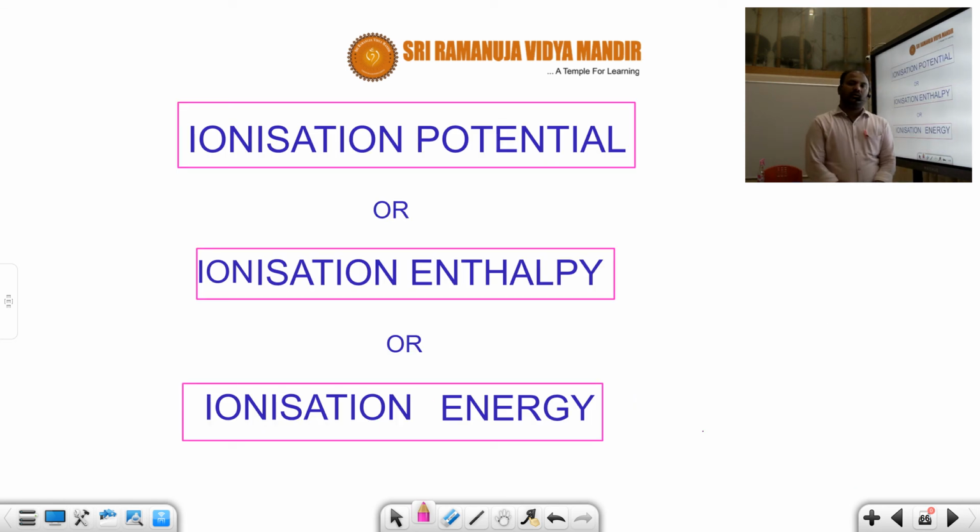Students, today our session is over. In the next session, I will explain another periodic property: ionization potential, also called ionization energy or ionization enthalpy. I hope that you are very clear in the concepts of what atomic radius is, the factors influencing atomic radius, and which types of exceptions are involved in atomic radius values in the case of noble gases, in the case of aluminum and gallium having lesser size, in the case of 3d, 4d, 5d series, and what lanthanide contraction is.